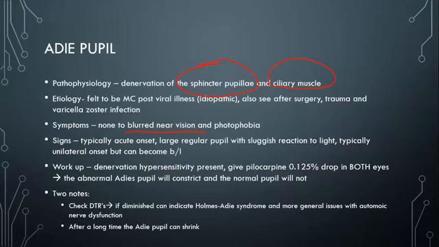All right, the way this presents acutely, you have a big circular pupil, with a normal sized other one, and the big one either doesn't really react or is very sluggish to react to light. It starts on one side and then might become bilateral weeks to months later. The way you can work this up and see if you're dealing with an Adie pupil is that